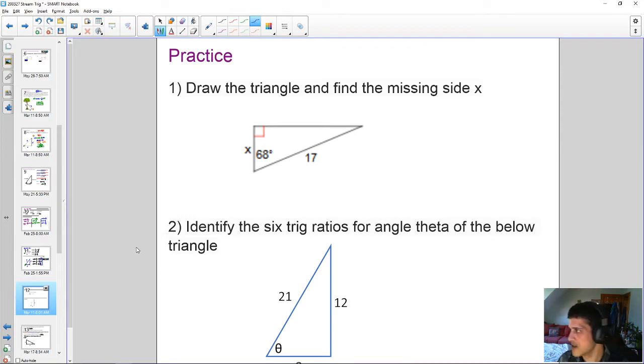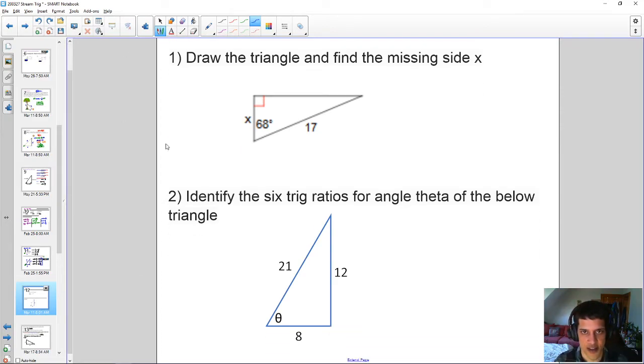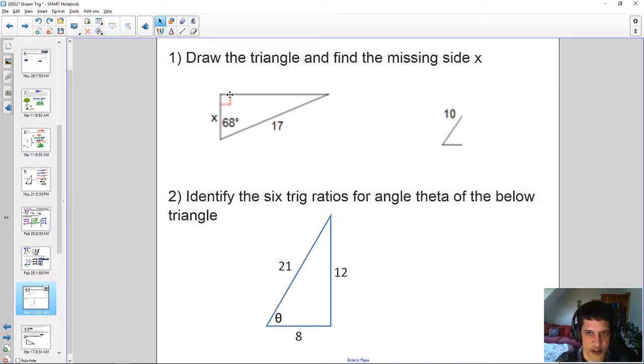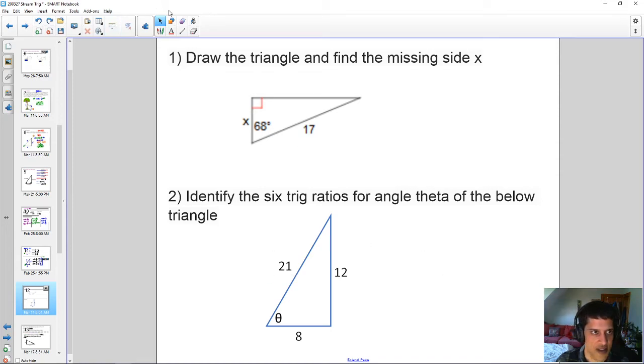Nobody's here. If you guys want to do this, if you're watching the video, I'll leave this up for practice. I'll write up these answers real quick so that you guys can see these. Go ahead and pause it right now if you want to work them out, and I'm about to work them out. So to find the missing side x here,